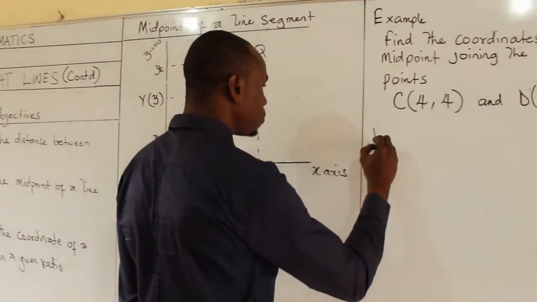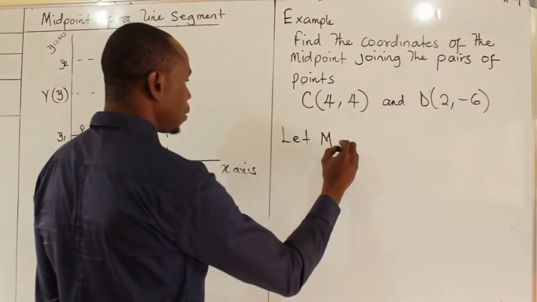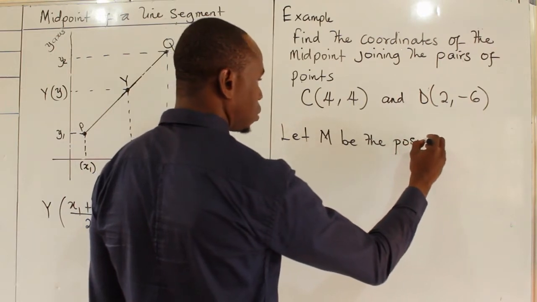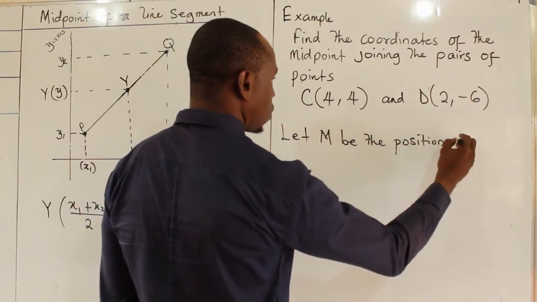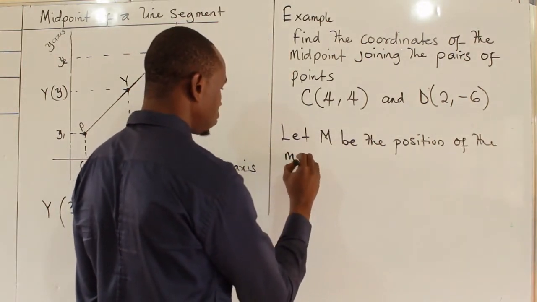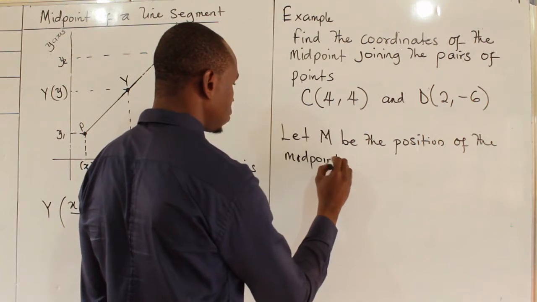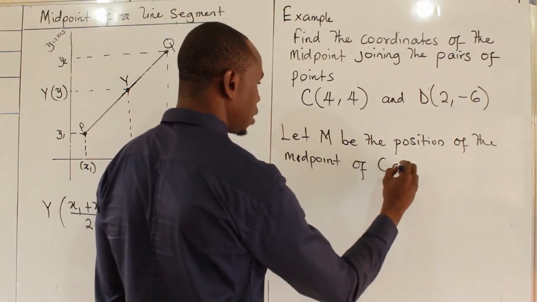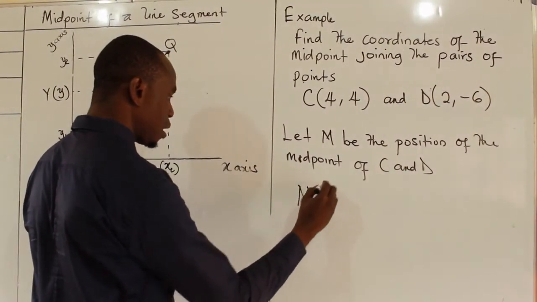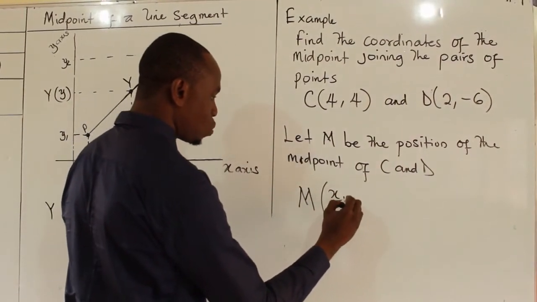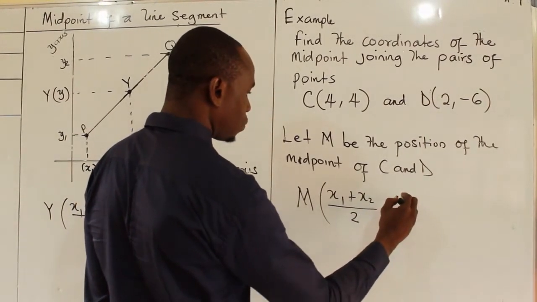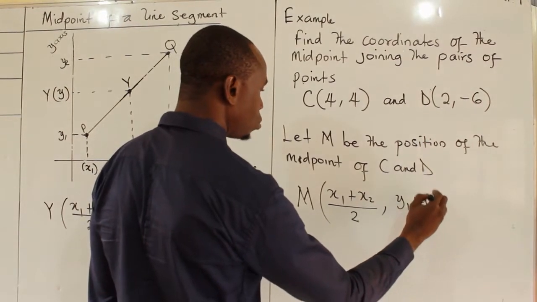So we say let M be the position of the midpoint of C and D. Then using the formula, M becomes x1 plus x2 all over 2, comma, y1 plus y2